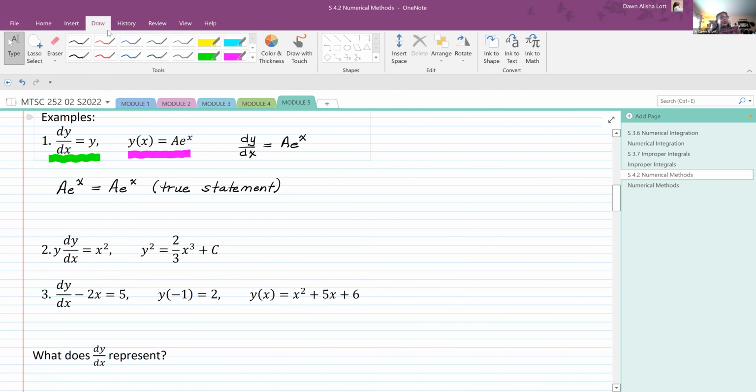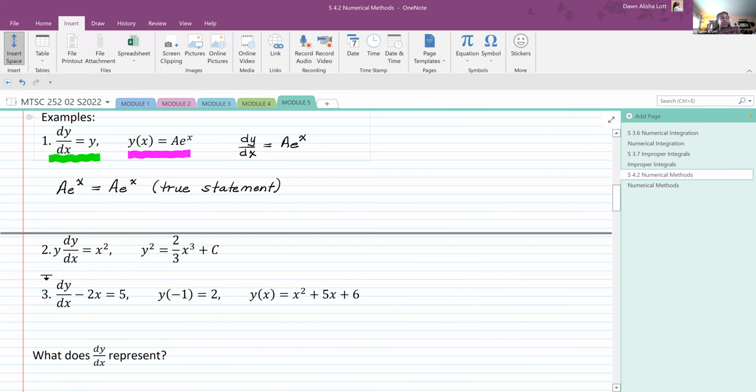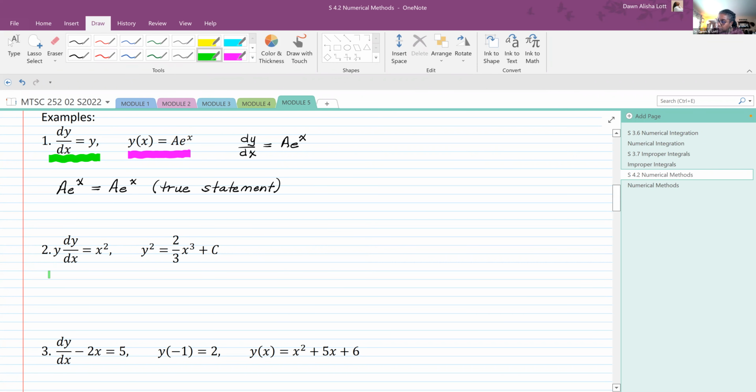Okay, in number 2, you can see it directly just by using implicit differentiation. So does anybody remember implicit differentiation from Calculus 1? That means we are assuming that y is a function of x. Okay, so let's do implicit differentiation on what I claim is the solution. So here is the differential equation. Here is the solution. And if we do implicit differentiation,